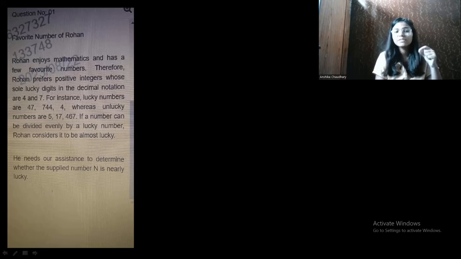Okay, so now: favorite number of Rohan. Rohan enjoys mathematics and has a few favorite numbers. Therefore, Rohan prefers positive integers whose sole lucky digits in the decimal notation are 4 and 7. So a number that contains 4 and 7 solely will be considered a lucky number. For instance, lucky numbers are 47 and 744, whereas unlucky numbers are 517 and